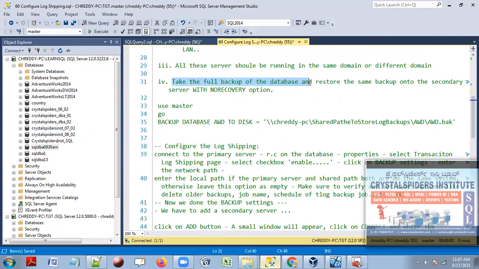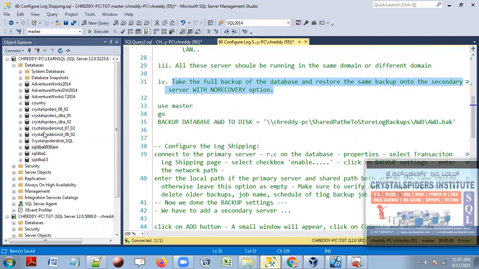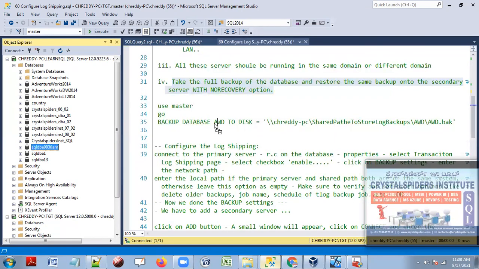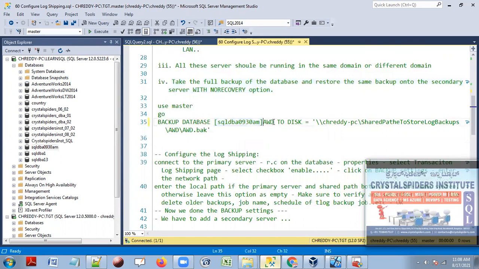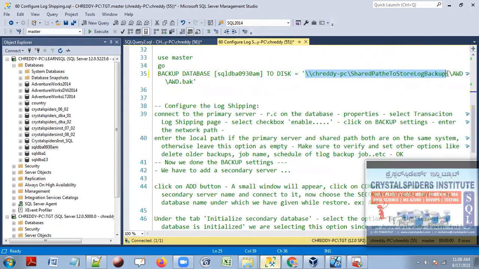Take the full backup of the database and restore the same backup onto the secondary server with the no recovery option. This is the fourth step, guys. So we have to take that database backup. The database is SQL DB at 9:30 a.m. And I'm going to put the same database backup file inside this shared path. Anywhere we can keep it.